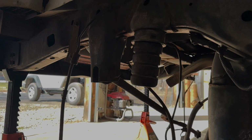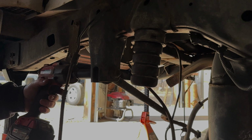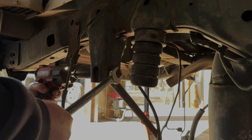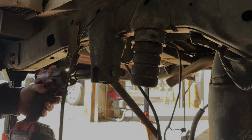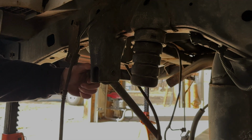Next up, let's get this track bar taken off. 21 millimeter. I love when stuff comes apart. There she goes. Timber! Alright, so underneath the Jeep here, I'm going to get the drive shaft taken off the